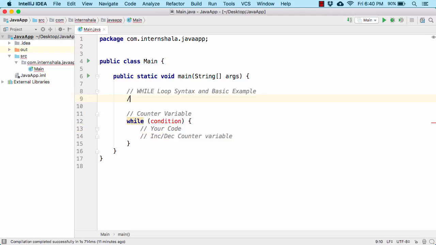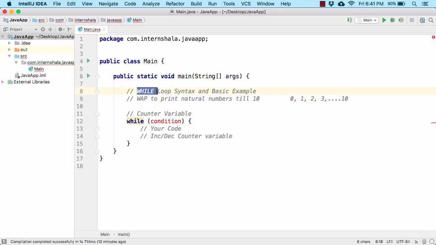Now let us write a very simple program to print out the natural numbers till 10, that is including 0, 1, 2, 3 till 10. So for that again we have some pattern. We are incrementing the counter variable from 0 till 10, right? So in that case again we need to use a loop. We can also use a for loop, but here I am using a while loop